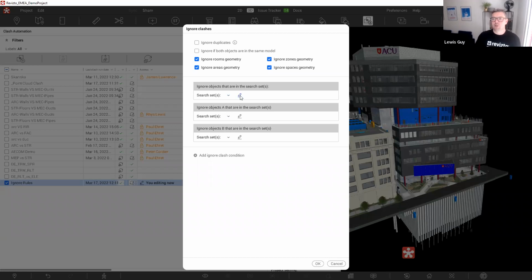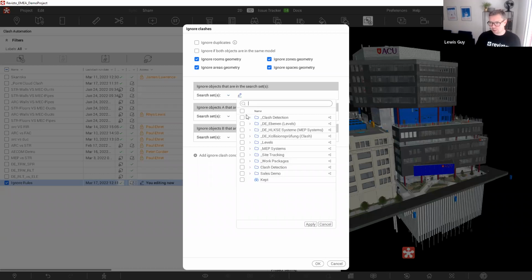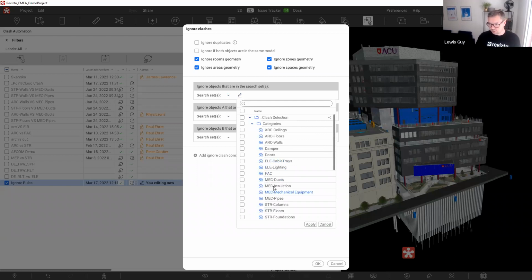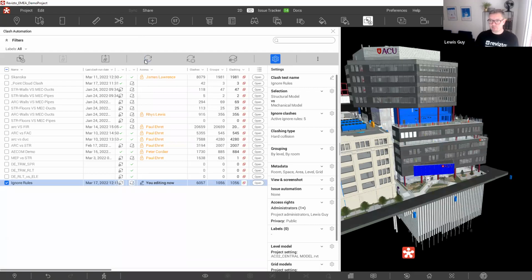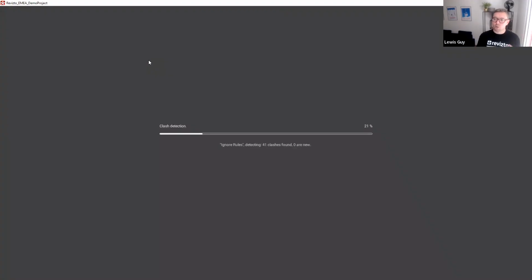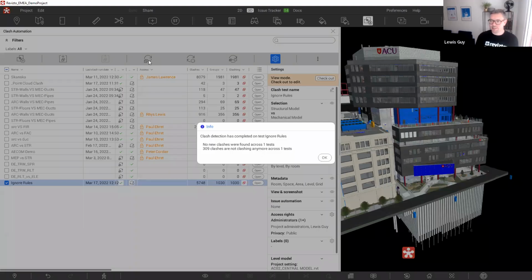In this case, I want to go through and ignore the insulation from the project. So I've created an insulation cert set already, so I can just select that from my list. I can apply that. So now when I say okay and rerun it, it's going to automatically ignore any clashes that are involved with insulation on the project. So this is maybe a good example, maybe a bad example, but it's just the idea that it's going to help you remove some of the false positives that you're not actually interested in